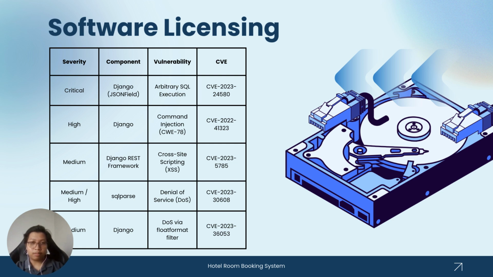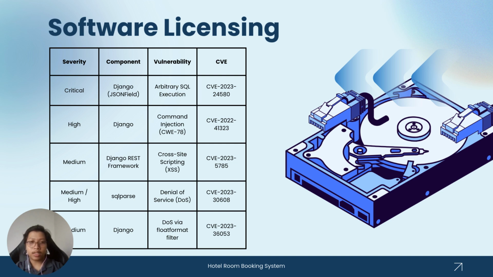The slide summarizes the most significant vulnerabilities identified during SCA, categorized by severity. At a critical level, the Django JSON field was found vulnerable to arbitrary SQL execution, tracked as CVE 2023 4580. At a high severity, the Django was affected by a command injection vulnerability mapped to CWE 78 and CVE 2022